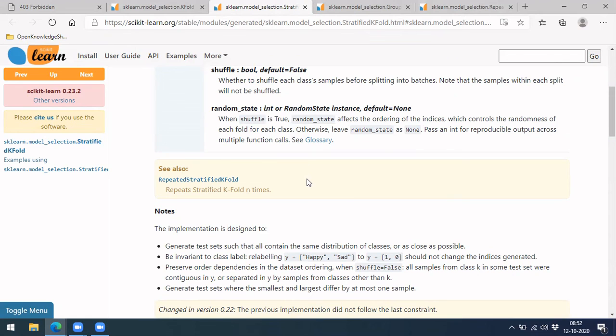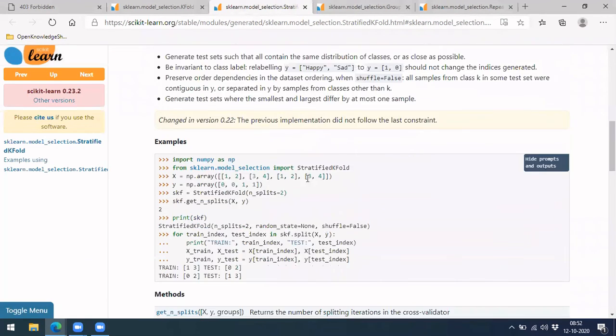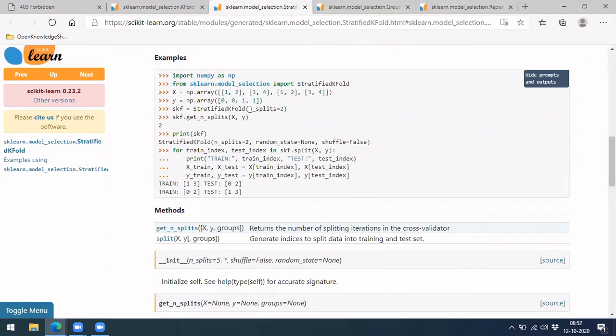Once it is implemented, you have to mention the number of splits, which is the k value. If you do that, we automatically get such splits here.